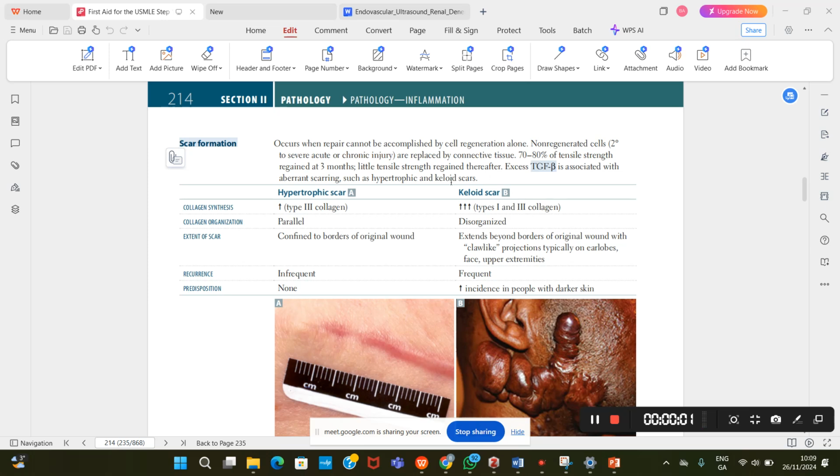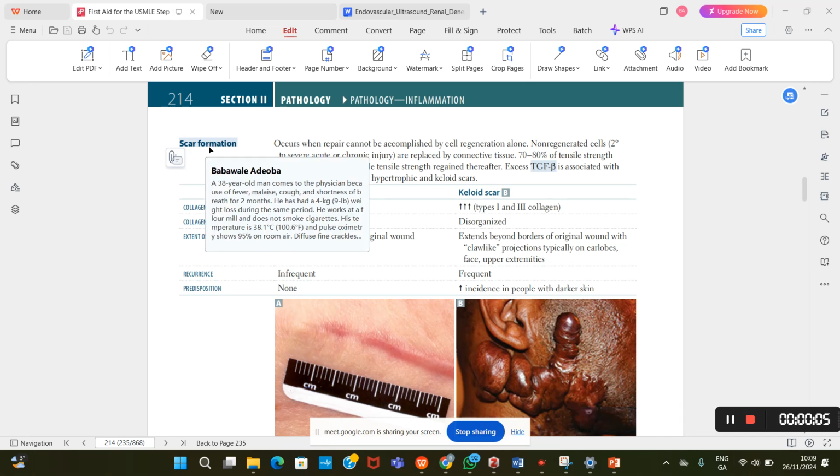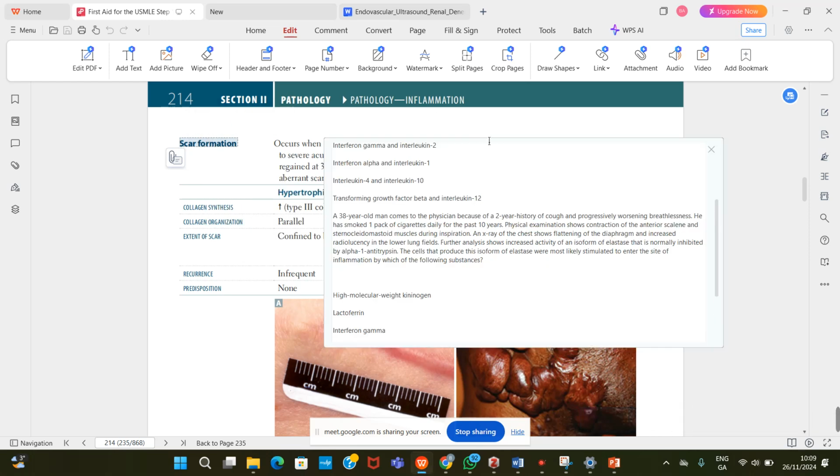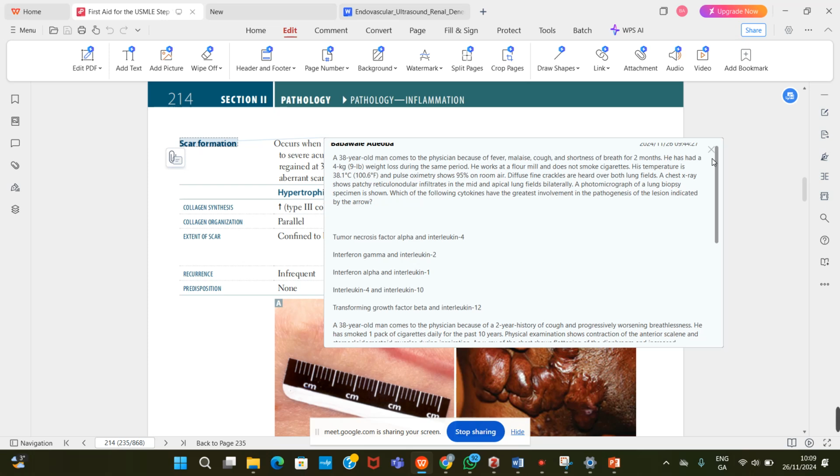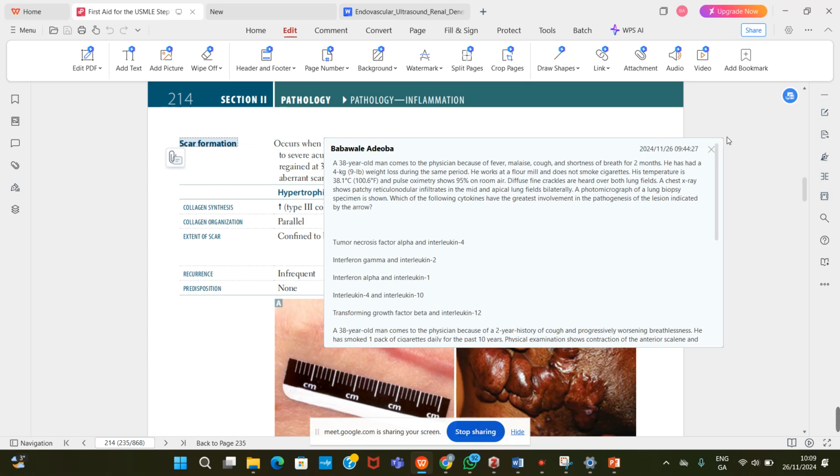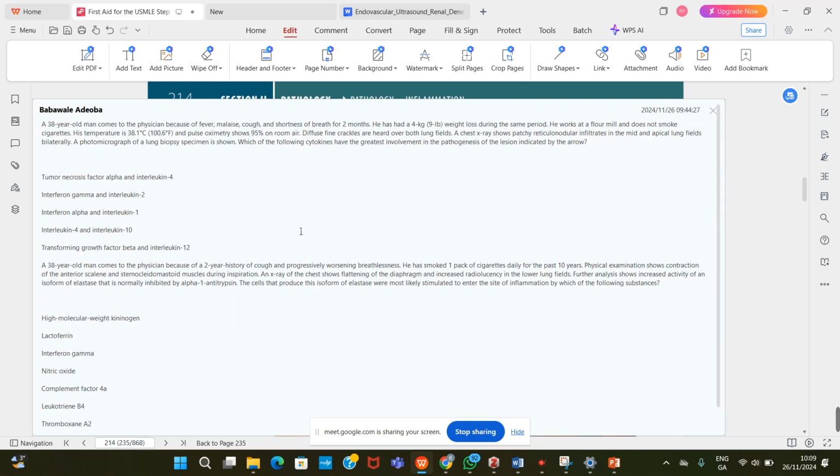But before we start today, I would like to show some questions on inflammation because I know we did not do much questions on that inflammation. So I just have 2 questions here, and maybe some other time I'm going to post other ones on the page. So this is the first one, which is a 38-year-old man comes to the physician because of fever, malaise,